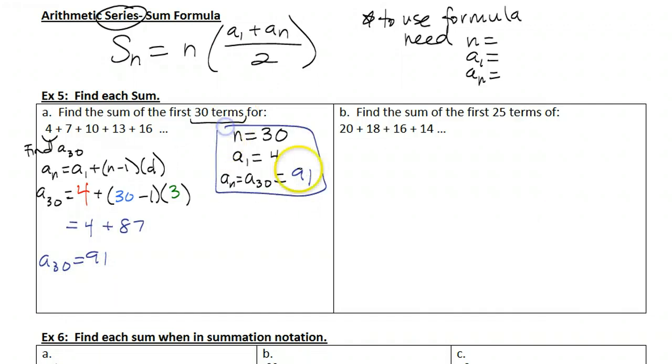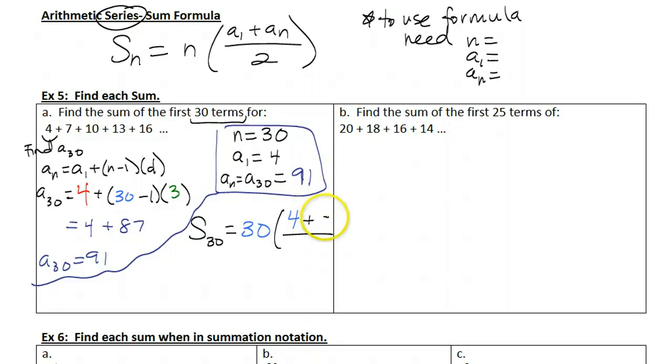Okay, again, I need those 3 pieces of information in order to use my sum formula. So the only reason I did that is to find term 30. Now I'm actually ready to use my formula. I say s sub 30 because I'm finding the sum of 30 terms, and then I'm going to plug everything else in. So here I go. So n is 30. Term 1 is 4. Term 30 is 91. There we are. Make sure you put that in parentheses if you're going to type that all into your calculator. But after you get that, you should be able to just type it all in. Try it just to make sure you can do your calculator entry correctly. You should be ending up with